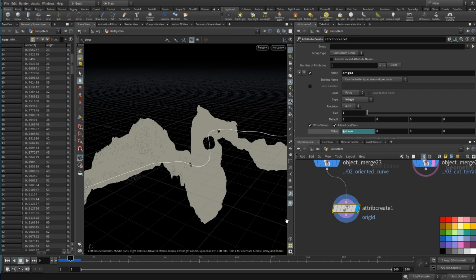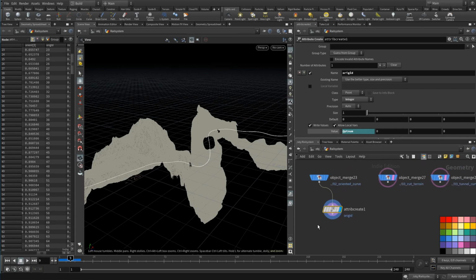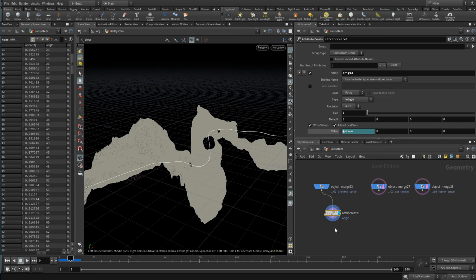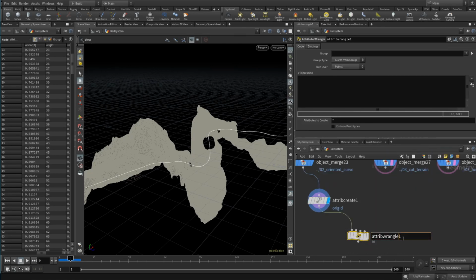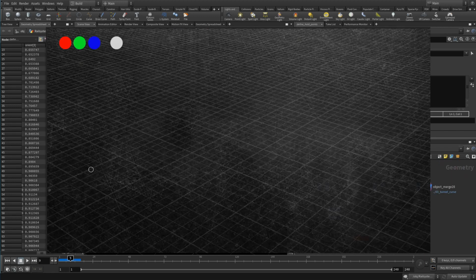And this is the moment where all of that testing that I announced in the previous videos comes into play. With the points from the oriented curve, we go into a wrangle that will have a bit more code than usual. And it is actually an important one, so it earns the color red. It will define the whole points, or rather categorize the points into different possible options.